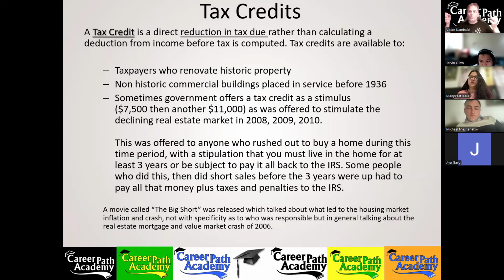They pulled more people who were not in financial hardship into buying real estate and getting involved through their incentives. And then when the markets started correcting themselves and crashing again, those people got nervous and sold the houses, did short sales and all kinds of stuff like that. And then they were like, "Whew, I finally got out of it. Oh my God, dodged the bullet on that one." And then the IRS came knocking on the door and said, "Hey, that stimulus we gave you, that tax credit, you need to pay all that back. Otherwise, face penalties and interest."